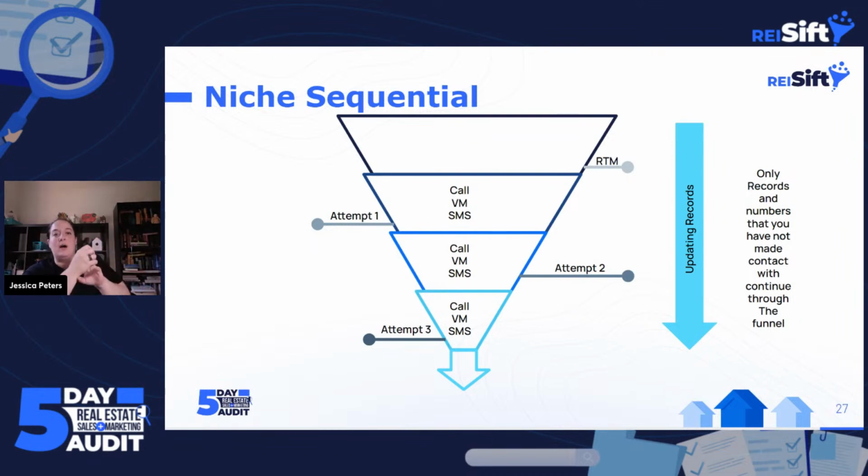So if you make contact with the correct homeowner, one of 3 things is going to happen. They're going to say like, F off and don't ever call me again. Or maybe they say it nicely, right? But usually it's not, in my experience. So that would be a DNC. We're not going to call them anymore. We mark them as DNC in REI Sift. I can show that in a minute. And I'm not going to call them anymore.